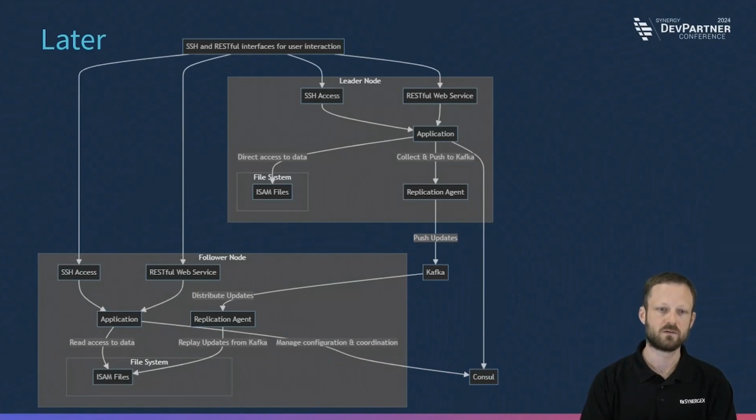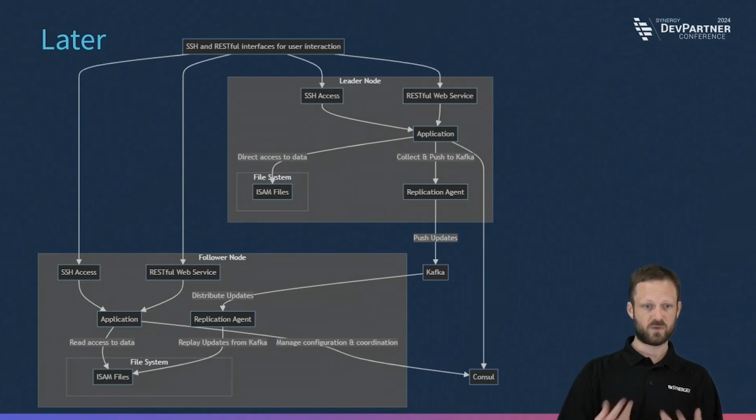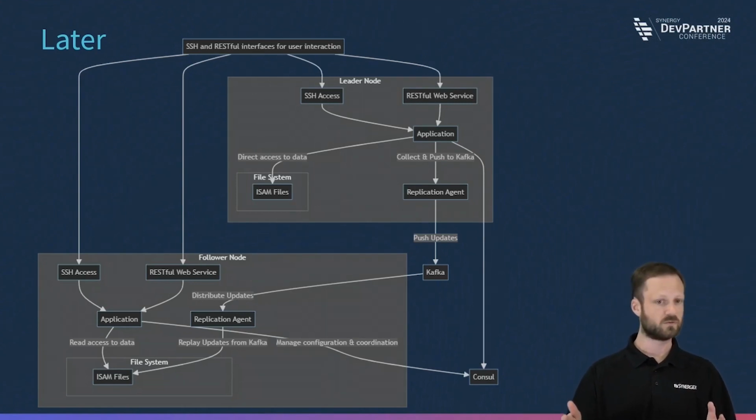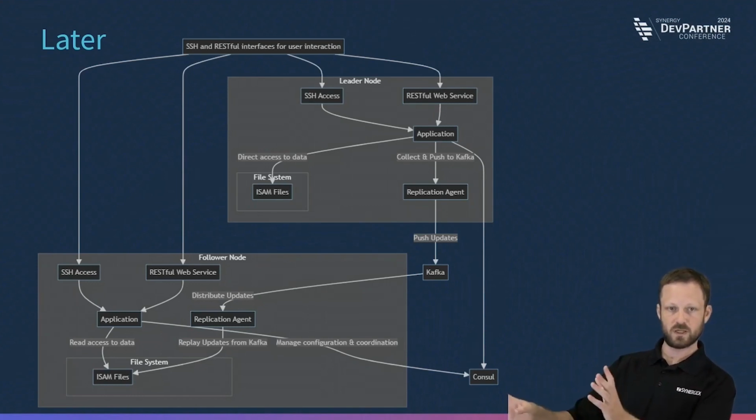All right, so later. Later is when we've handled coordination issues and we've figured out how to separate write operations in our application into a queue. So rather than the application opening an ISAM file and writing it directly, we want, at least when they're interactive, to create a command pattern object, some kind of instruction, put that instruction in a queue, and let whoever the current leader is run that instruction.